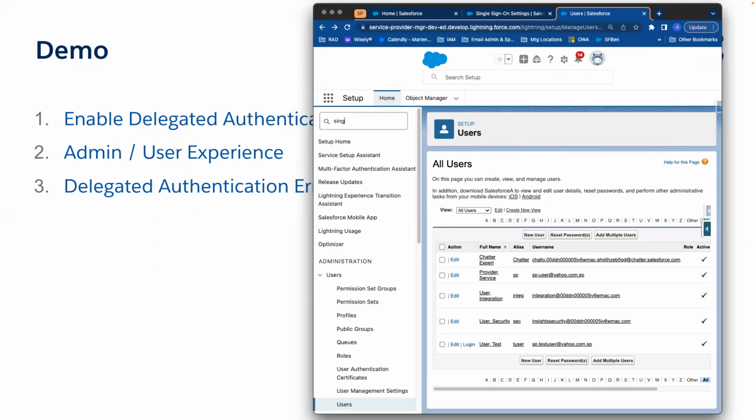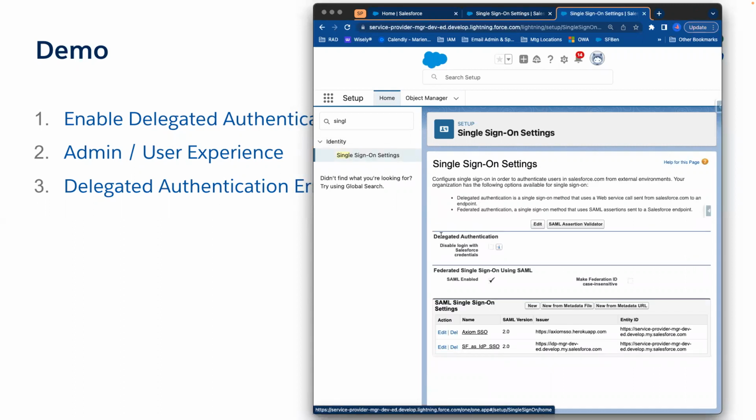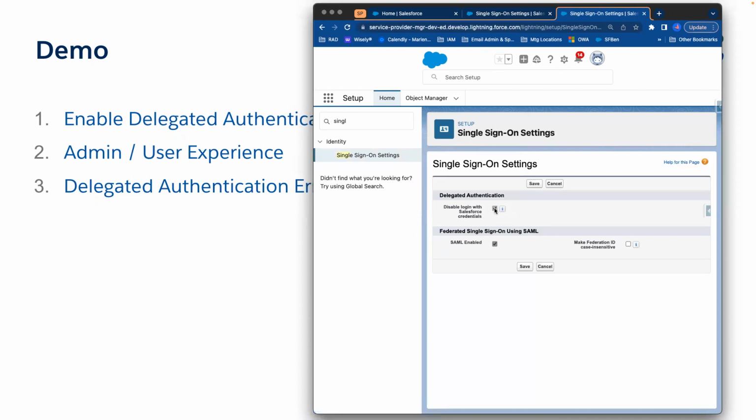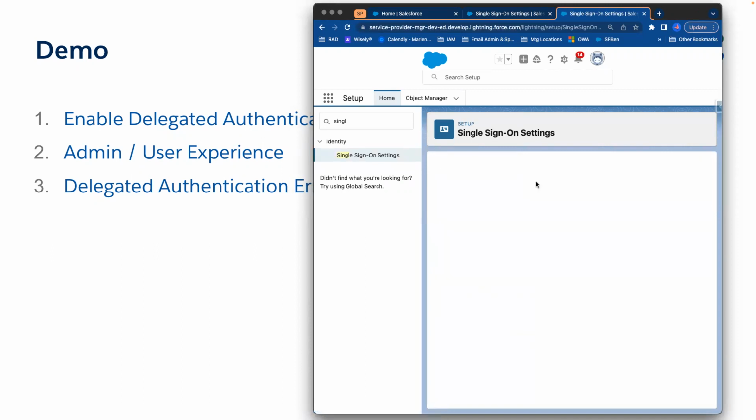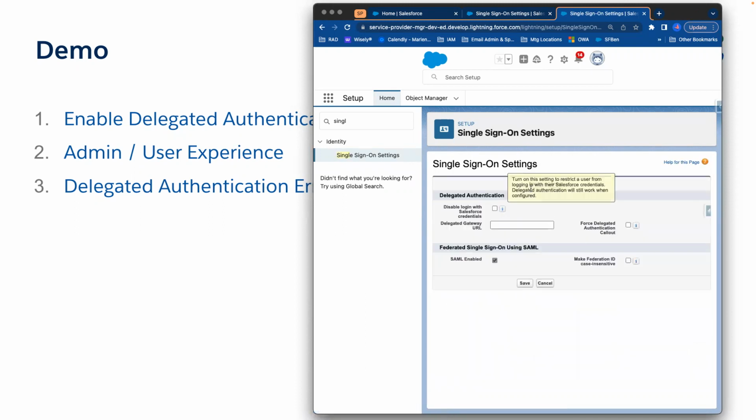And so go back to single sign-on. And so here's delegated authentication. And like I said, this used to require a case, but it no longer does. When I go to edit, I enable this and I save it. And after I save it, I have a couple new options. Let me turn that back off again because I want to show you one thing on